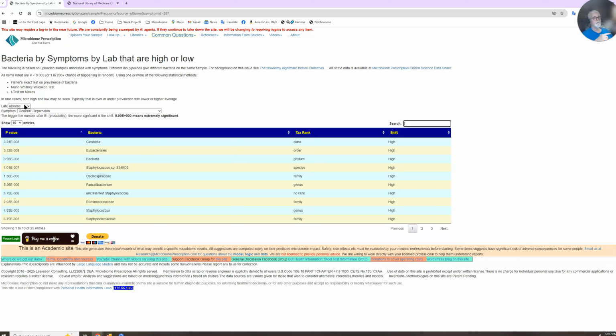And all the research studies use different methods too, so they also get different namings for the same thing, which is part of what I call the nightmare before the taxonomy nightmare before Christmas, because that's when I wrote the first article, which was just before Christmas, and couldn't resist the play on words.